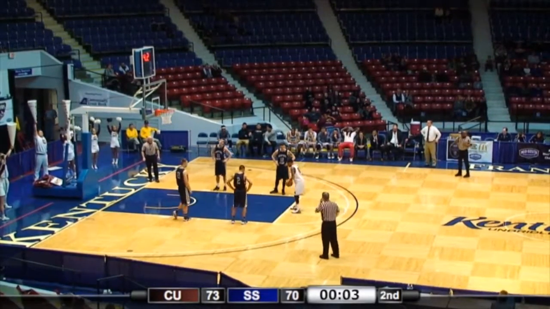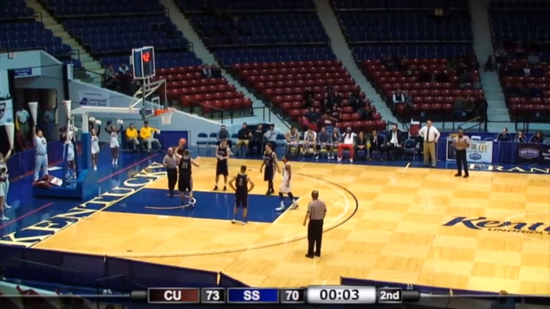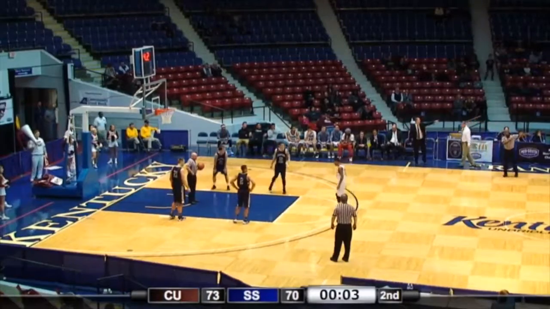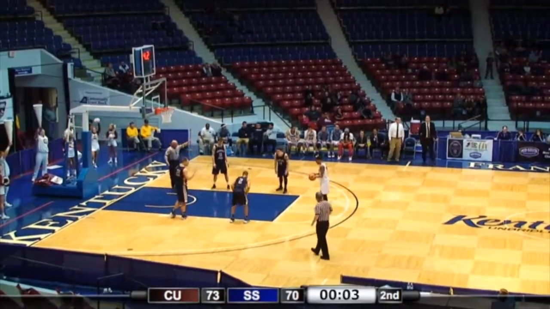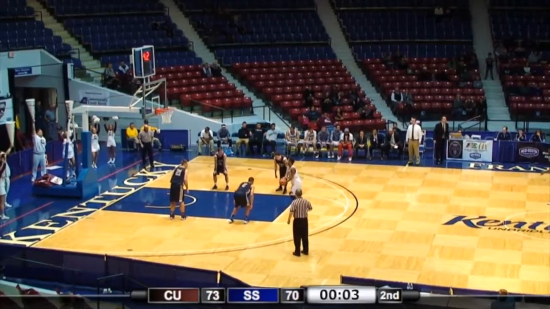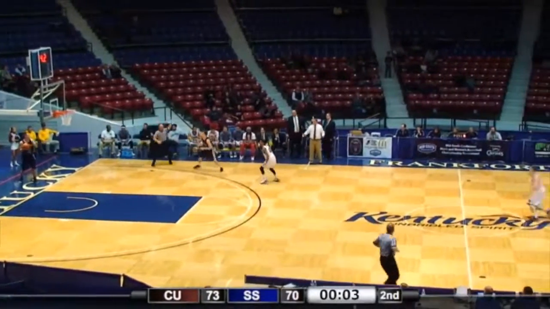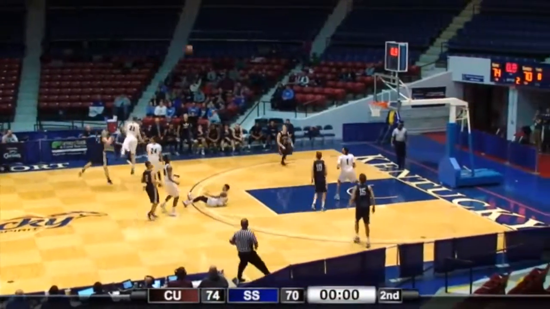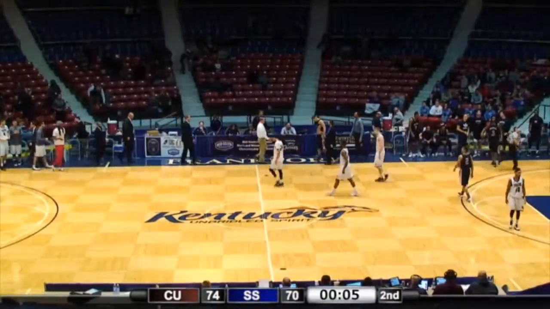Sekou Harris taking his time, goes to the line. 3 dribbles, shot in the air, off the front of the rim, and no good. And the plot thickens here at the Frankfort Convention Center. All those in attendance, those wearing maroon and gray, hoping for a made shot. Those in navy and gray, hoping for a miss. Sekou Harris again, 3 dribbles, shot in the air. He got it. The senior, Sekou Harris, steps up and knocks down a big free throw. Moffitt, a long pass down the court. Dunston catches it. Moffitt will fire the three, and the buzzer barks, and that is the ball game. Campbellsville picks up its 4th straight win as